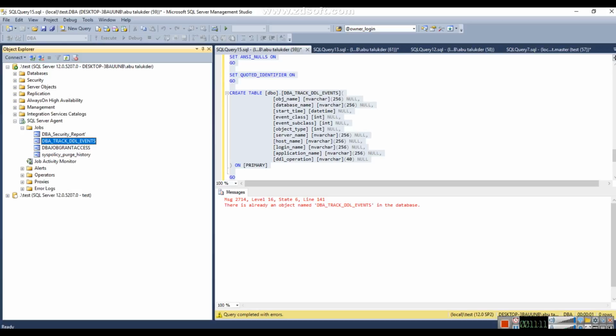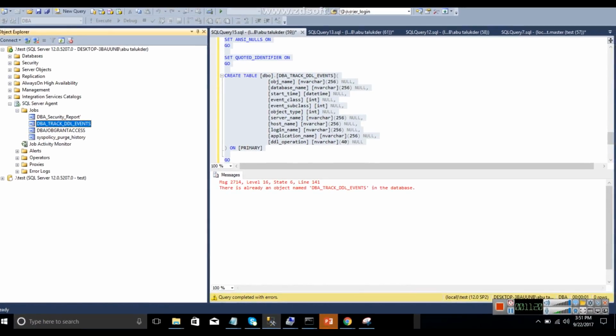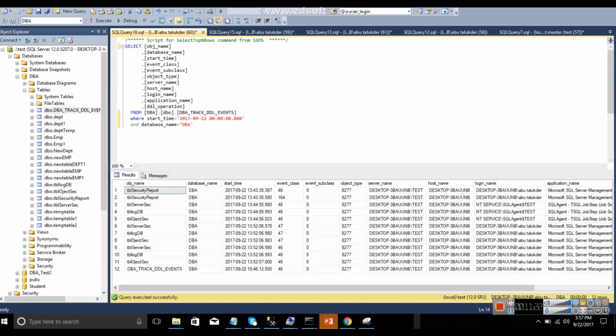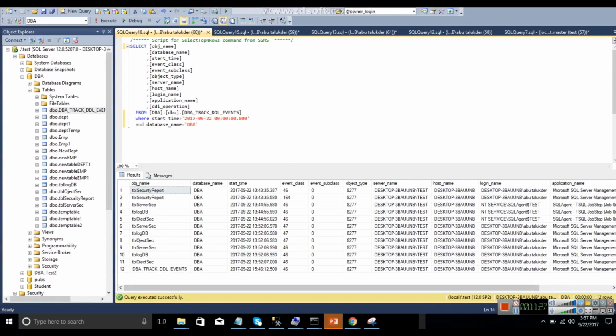Okay, so if we right click, it will execute, but we didn't do any schema change. So if we do a schema change, we will be able to see it. So I made some changes here today, so you can see here all the changes that are tracked: object name,